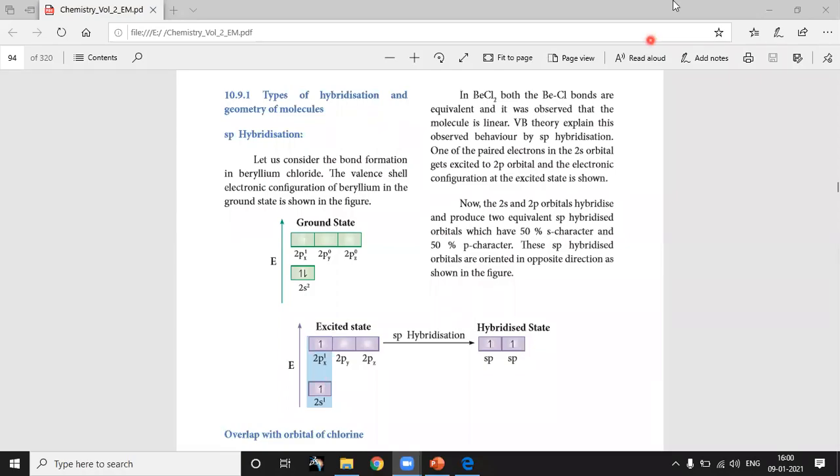See, previously we discussed hybridization. Okay, so now we'll move on to the different types of hybridization and their geometry. The geometry, what is it? That is the shape of the molecule. Okay, so the different types of hybridization are sp, sp2, sp3, there are many types like that. So the different hybridizations along with their shapes. Okay, that is simply geometry. That and all we are going to see under this topic.